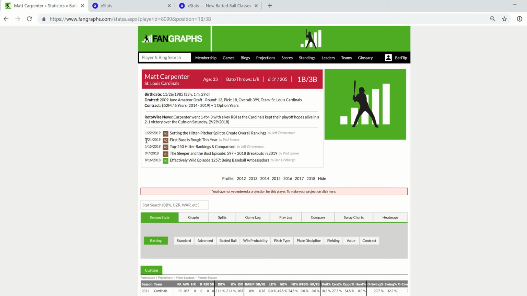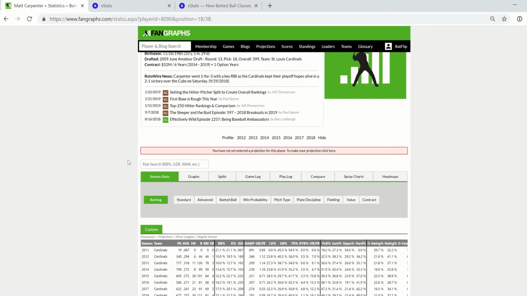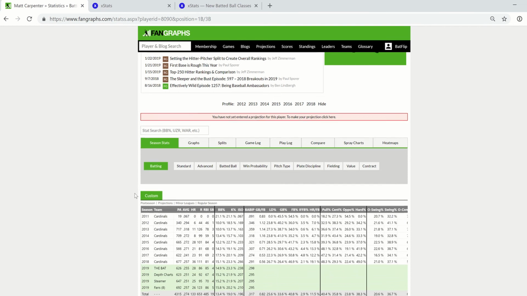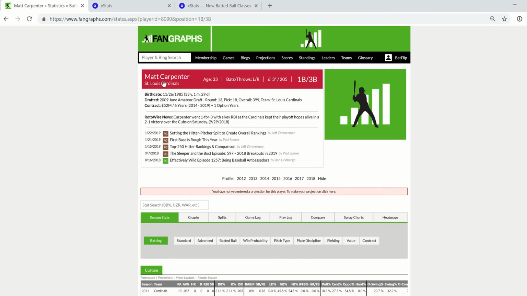Today we are going to take a look at using xstats.org detailed batted ball profiles, especially looking at pop-ups, hard drives, and fly balls to distinguish the quality of contact that's being made on fly balls, to figure out what's going on with folks' batted ball profile and to get a more precise idea of how well players are hitting fly balls. Now, Matt Carpenter is the perfect example of a guy who